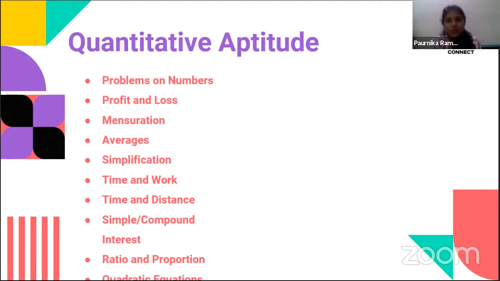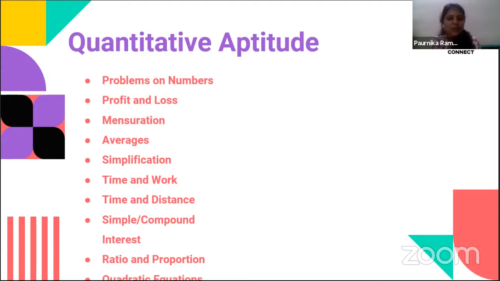This quantitative aptitude syllabus is not restricted only to the Hexaware company, but applies to any other company approaching the college for placement. This would be the general syllabus. I've actually cut down a few topics because a few topics fit into other topics themselves. So number one, problems on numbers. Problems on numbers will have questions about simplification, LCM and HCF, all those topics get fitted into problems on numbers.